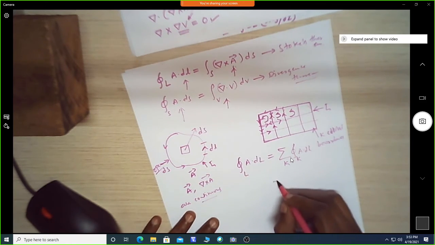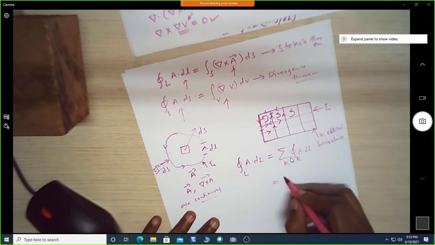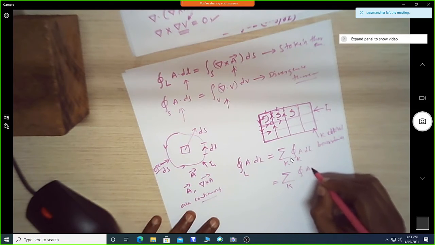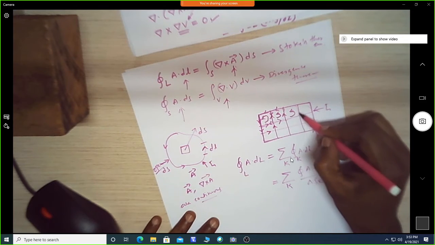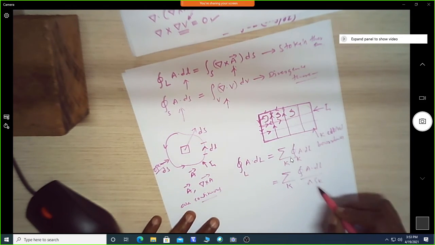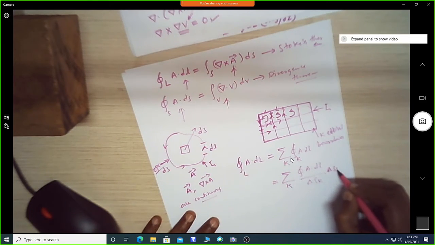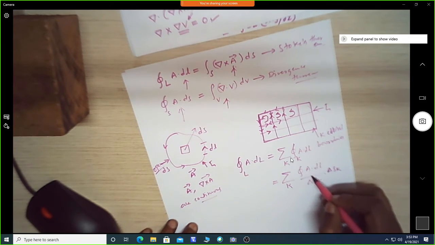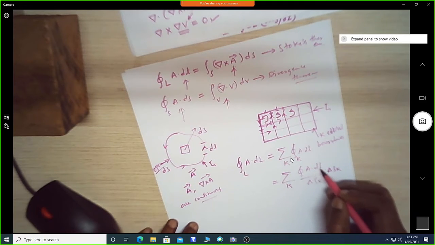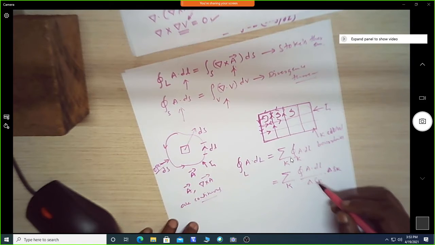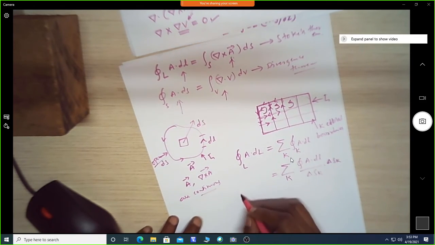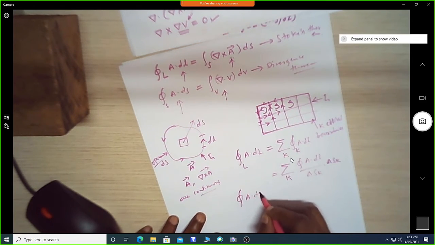This we can also write as the summation of A dot dl over small surfaces. Each small line integral creates a small open surface. If I take the limit delta Sk tends to 0, it becomes the curl. So this is what the Stokes theorem says: